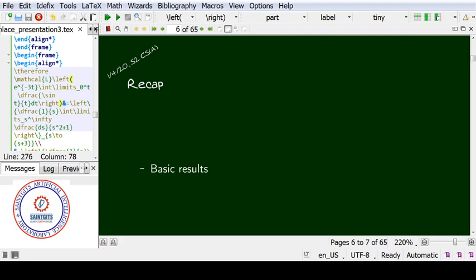So first of all, we are going to revisit the basic results that we have learned. What are the Laplace transform of a constant function, Laplace transform of 1, Laplace transform of basic trigonometric functions like sin at, cos at, and exponential functions, and main properties of Laplace transform, etc. Then